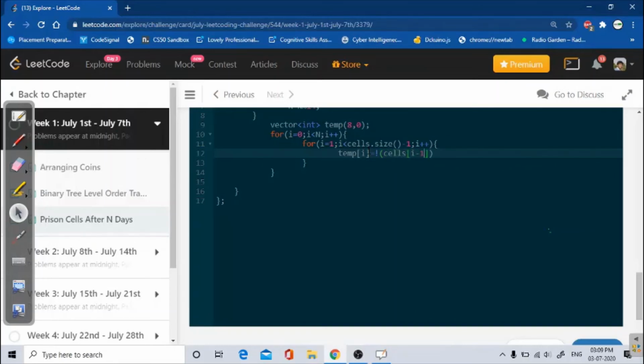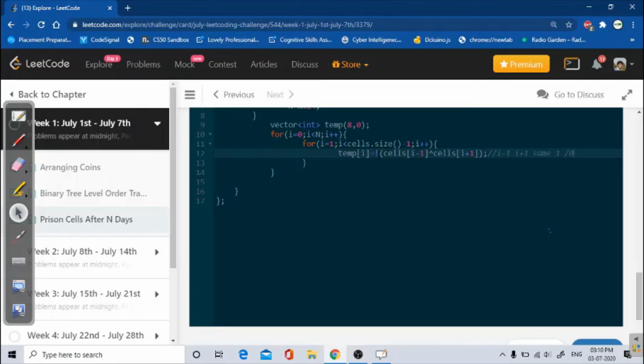XOR of cell of i minus 1 XOR cell of i plus 1. What XOR will do is, if my i minus 1 and i plus 1 are same, it will give answer 0, and if different it will give 1. And we need, if both are same we have to answer 1, and if not same we have to answer 0.